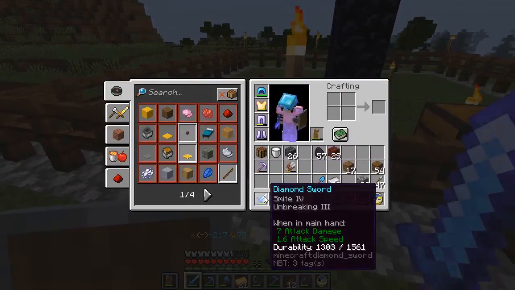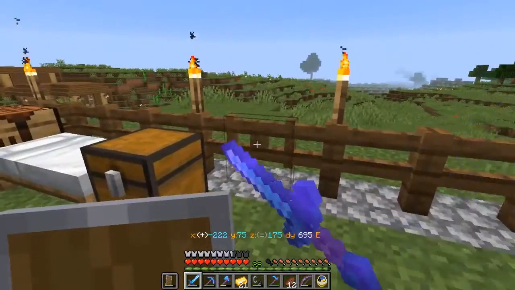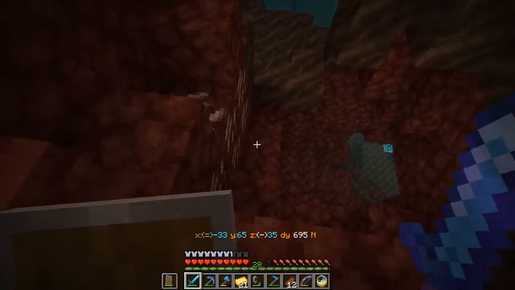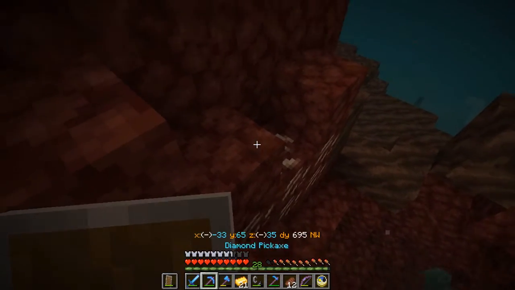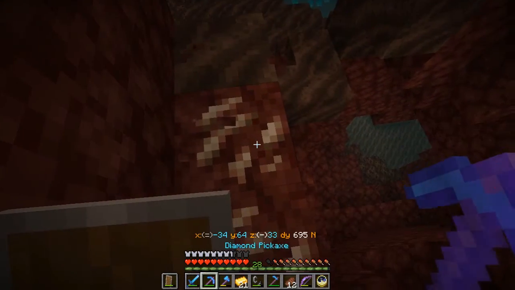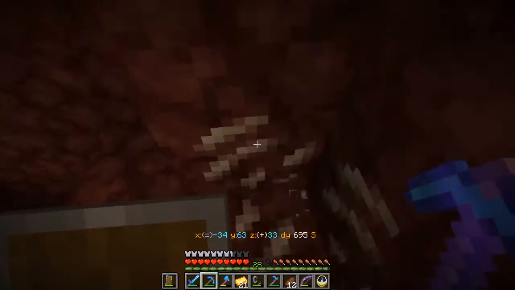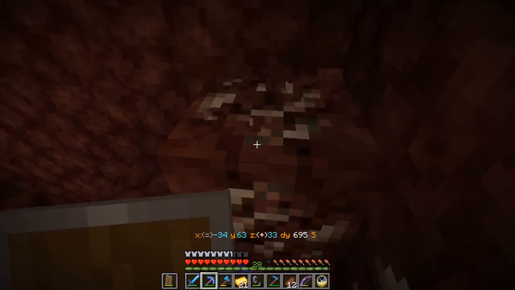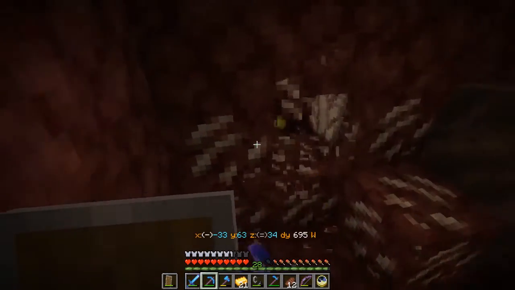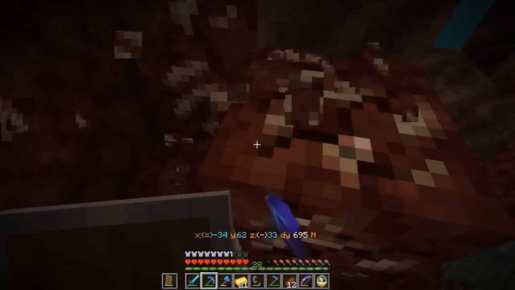Yeah, let's see. What do I have? Oh, Smite 4. Yeah, he must be undead if that killed him straight away. Now, what's down in this direction? Let's see, we want to do that. Ooh. And let's get some of this. Now, probably not more in the Soul Sand. I'm trying to see if I can find something other than the Soul Sand Valley